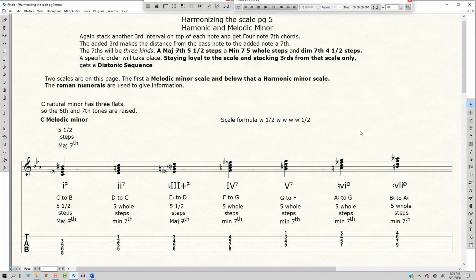Okay, let's take a look down here, and we see our 1 minor major 7 chord. The 1 is a small Roman case numeral with a 7 with a slash through it. The chord's rather dissonant. It's 5½ steps to the major 7th. The 2 chord is a straight minor chord with a minor 7 added to it, D to C, 5 whole steps, a minor 7. And the 3 chord, and because it's an E flat, we're putting a flat before the 3. It's major. The plus means we raise the 5th tone, an augmented 5th. And the 7 with the slash means it's E flat to D, or 5½ steps for a major 7th